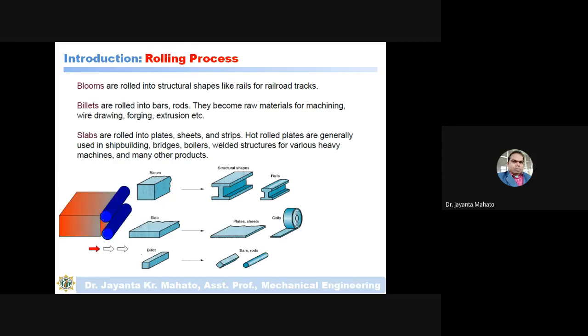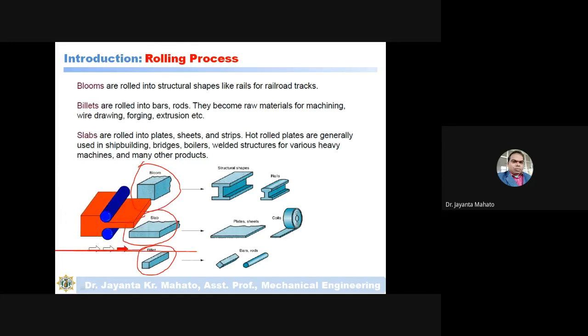Slab and billet are like this. So these are the raw materials in different forms: bloom, slab, and billet.